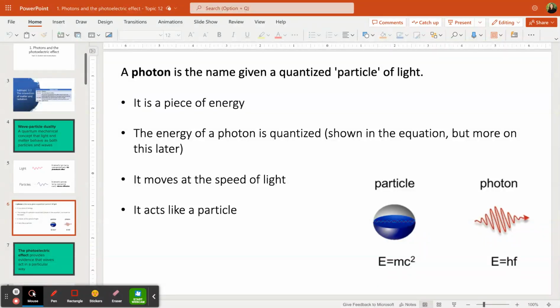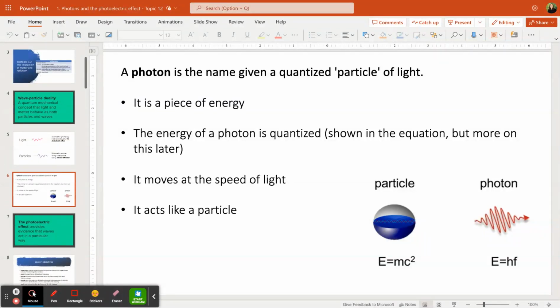So we have two equations that will underpin this entire topic. E equals mc squared allows us to quantize the energy of a particle with mass m, and E equals hf allows us to quantize, so find the discrete amount of energy that a wave photon has, which is the particle equivalent of a wave. I will explain what those things mean later. But what you need to know now is that if I use the word photon, I'm basically describing a particle of light, a discrete amount of light.